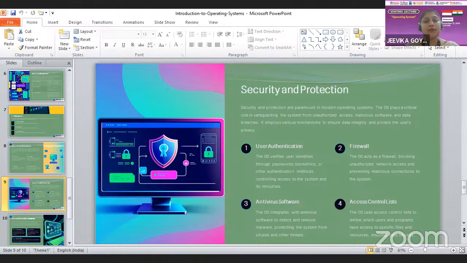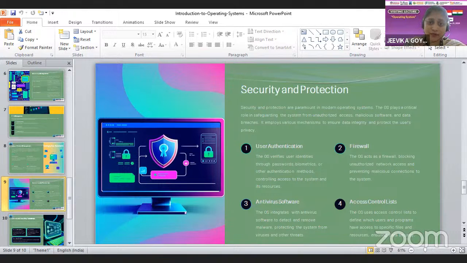Even many students do not do that, but it is a capability available in our operating system where we can restrict installation of certain systems. If anyone is using your system, they will not be able to install third-party software, because our firewall can restrict that. The third one is your Windows Defender, or we can say antivirus. What is the antivirus doing? If anything is installed and you have not applied any restriction through the firewall or user authentication,